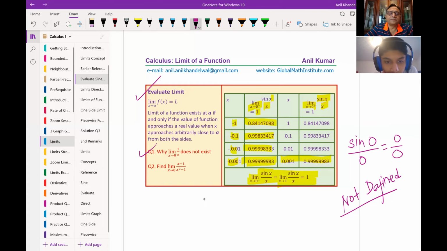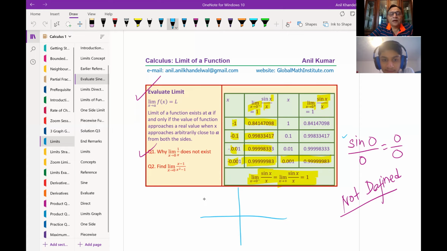Why does the limit of 1 over x when x approaches 0 not exist? Is it because you can't divide by 0, sir? Okay, that is indeterminate. But even if it is an indeterminate form, you can find the limit, just as we found the limit. You get the idea, correct? Now, if you follow this particular method of approaching from the left side and the right side,